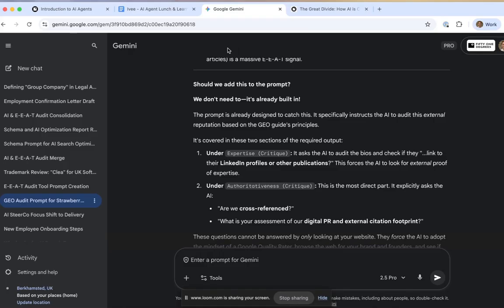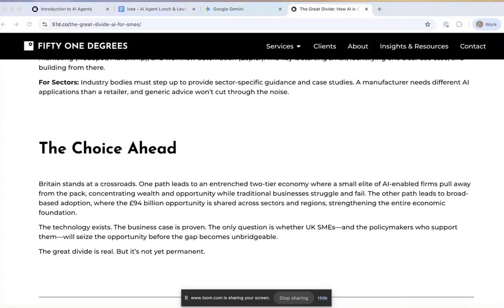And actually, I've got an example of the output. Great.